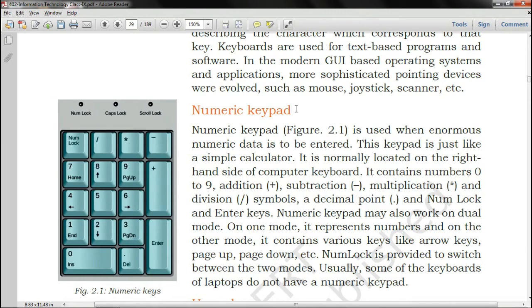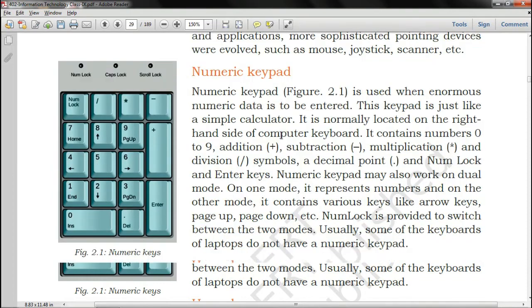If you have switched on the numlock, then only you are able to use these keys. If it is switched off, or if you see on your numlock the light is not coming, the LED is not igniting, then you are not able to access this. So for this you have to click on this numlock, then you will be able to access these keys. Here you are having different numeric keys from 0 to 9, right? And some operators are also here, like divide, that is slash, asterisk, multiplication, minus sign, subtraction, plus is for your addition.